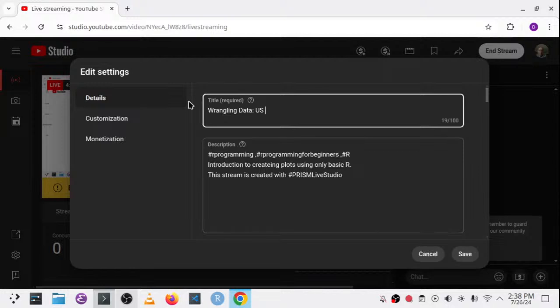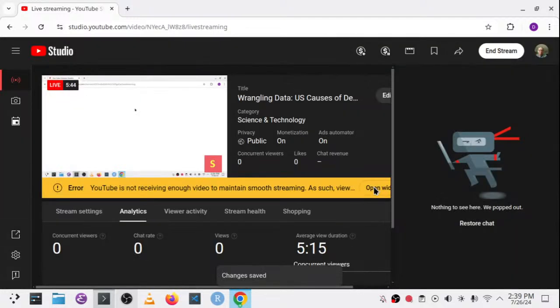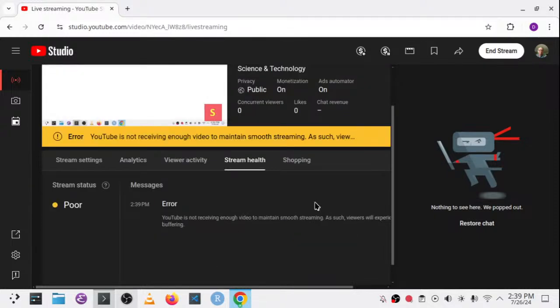Let's do this then. Let's pop out the plotter here. Interesting, okay. Anyway,